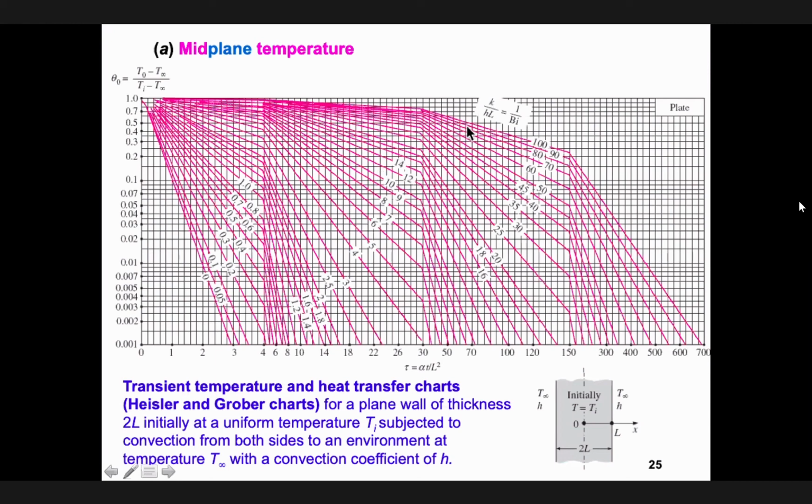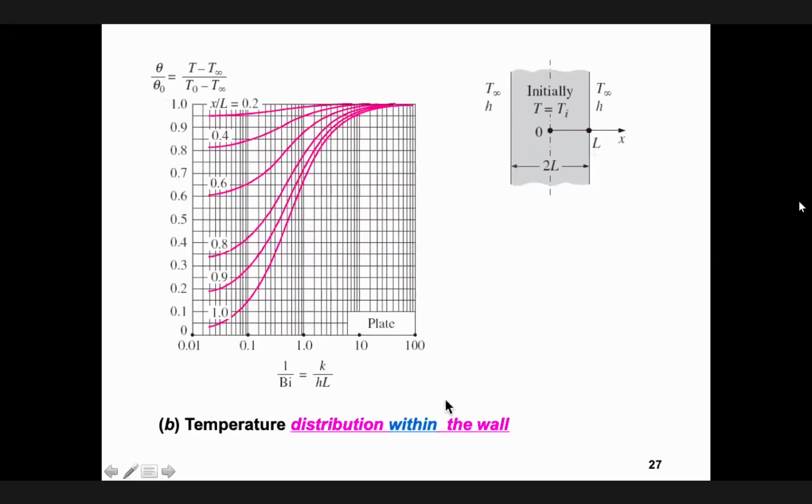You can apply that equation. This will give you the temperature at the center of the wall. Again, remember, it gives you the temperature at the center of the wall. If you want the temperature at any point or at the surface, you can use table 4b. Therefore, now you have two solutions: one figures and one